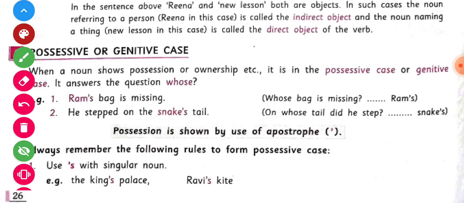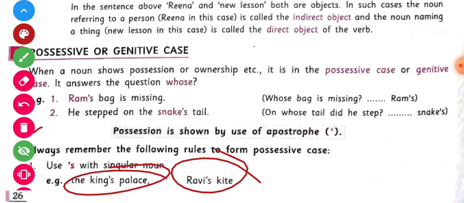Now children, possession is shown by use of apostrophe. What? Apostrophe. Use apostrophe s with singular noun. Examples are the king's palace, and the next is Ravi's kite. These two examples are in possessive case. Okay,